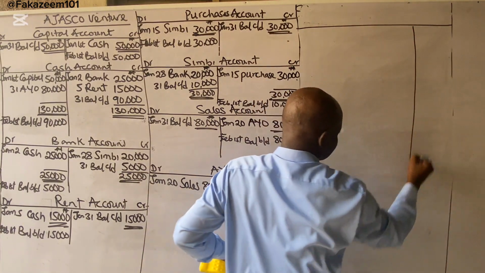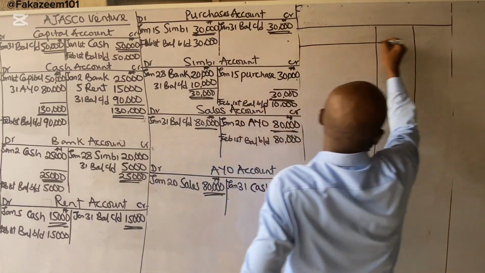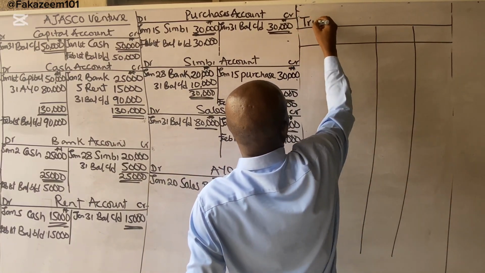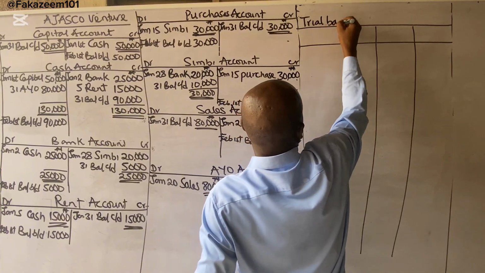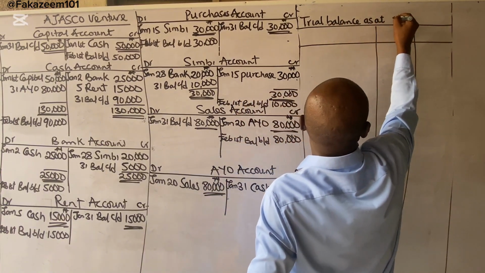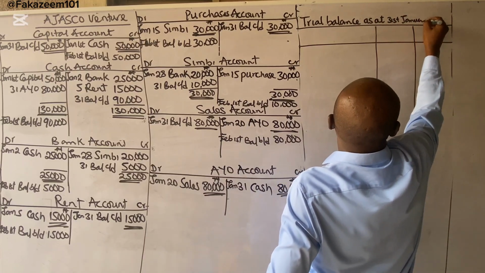Trial balance has debit and credit. We'll call it trial balance. When are we extracting it? As at 31st January